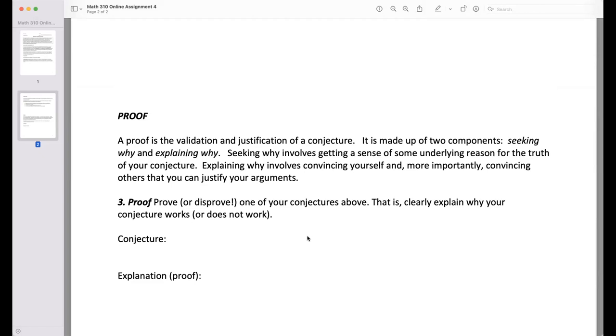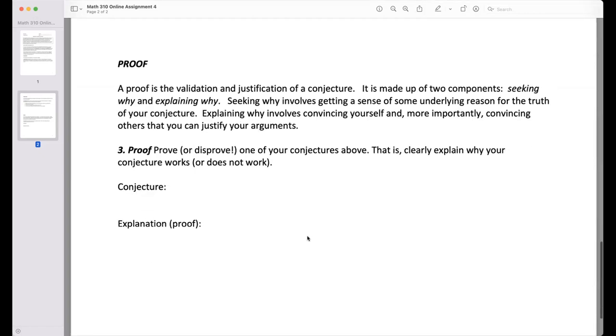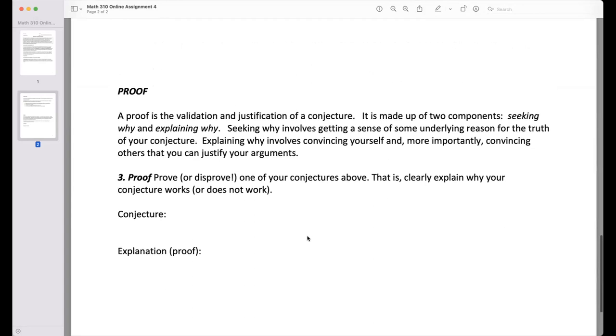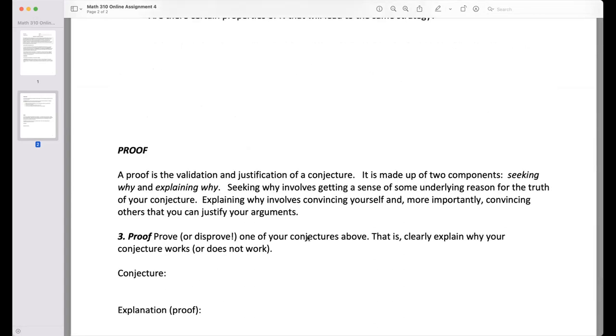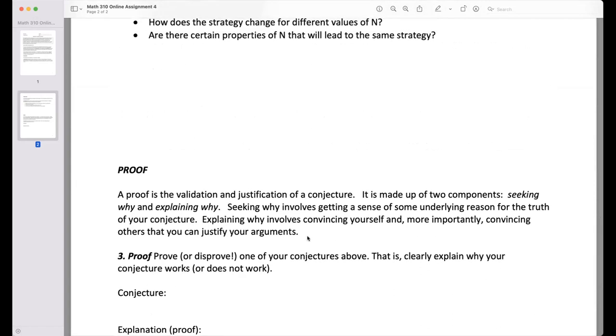Okay, so that's the idea for that assignment, and that's the end. It's not too long, but it's really focused on those 3 elements: experiment, conjecture, proof. Okay, the next assignment we're going to look at